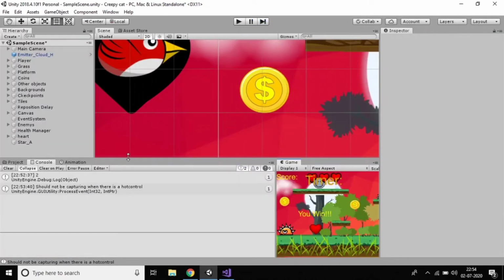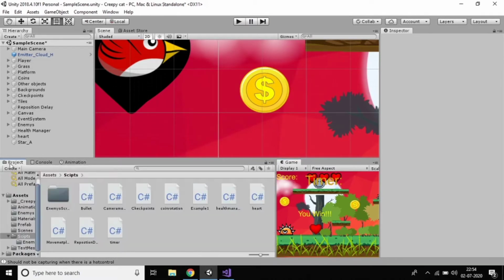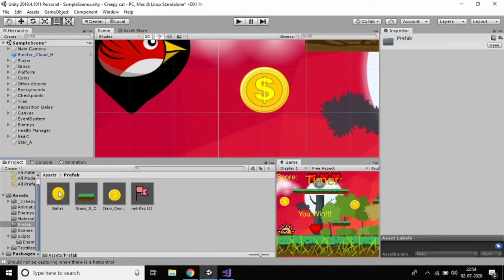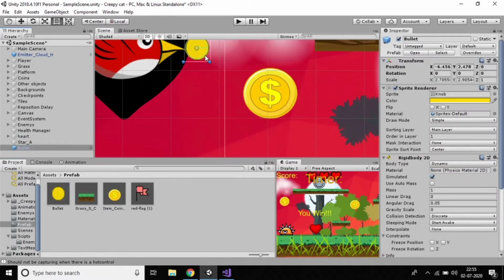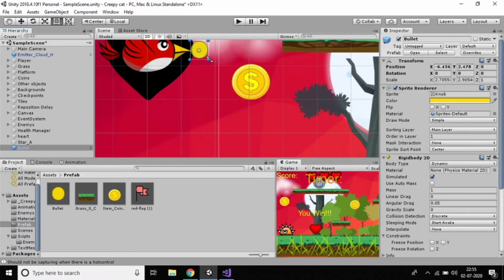So just go and reduce the size of the bullet. Just go here, click the prefab and reduce the size. Just keep here for some time to reduce the size. Oh, I think it was not applied. Still not applied.